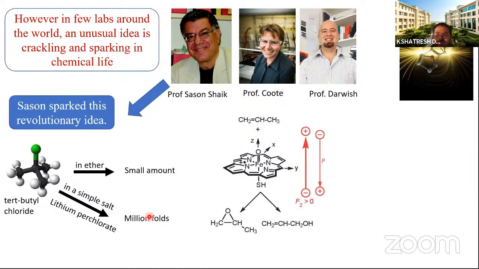Later on, he developed some type of theory, and basically he is a biochemist. So he used this method on a porphyrin, or you may say some type of heme porphyrin, and he applied the electric field along the axis. In this figure, as you can see, this sulfur, iron, and oxygen is the axis of the reaction.